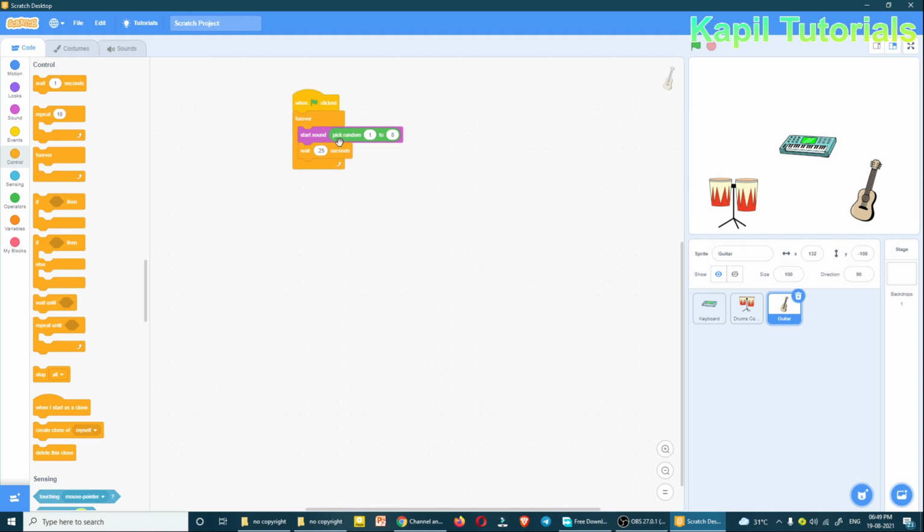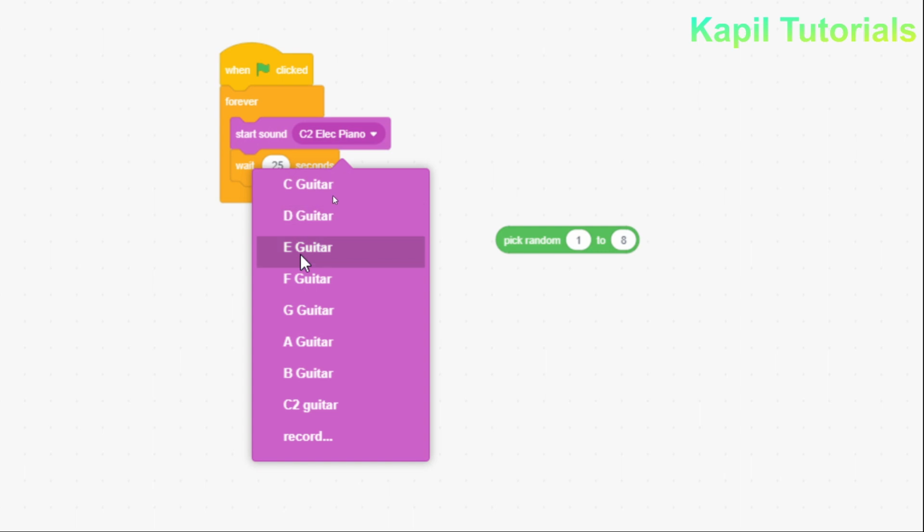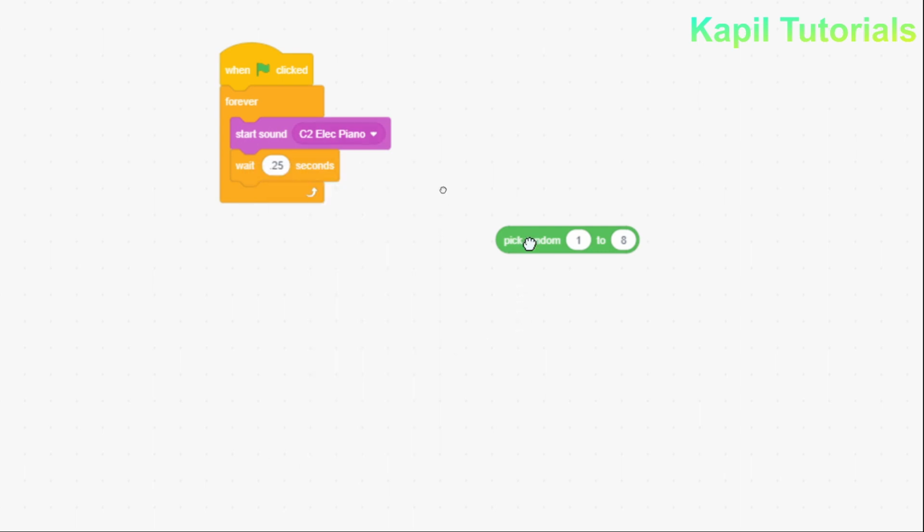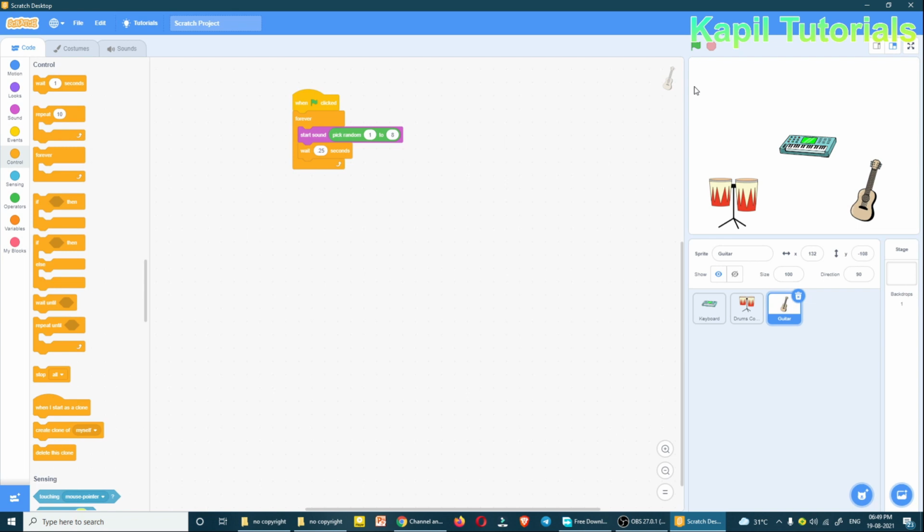Now as I told earlier, I'll take this pick random out just to check how many notes there are. I'll count: 1 2 3 4 5 6 7 8 are there. So again I'll use 1 to 8, which is fine by default. I'll drop it back. Now if I play this,